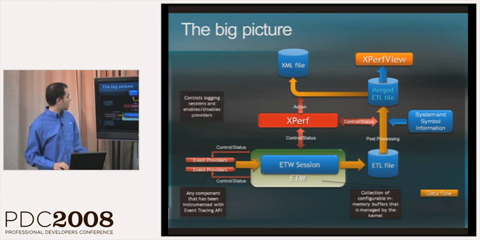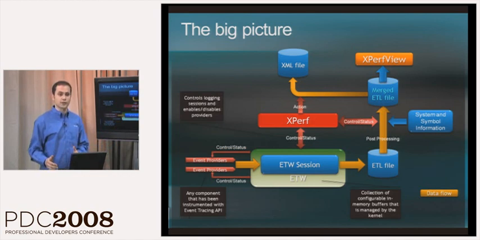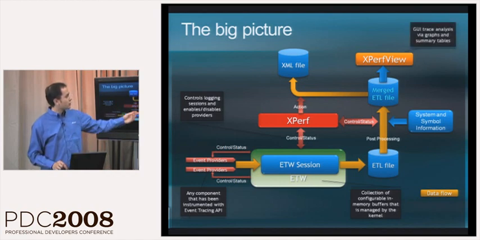XPER is then used to control the tracing, and what that means is that you tell Windows, enable tracing for specific providers and specific events. And you should be very careful about enabling just what you need, because otherwise you will spam the system with too much data. And that's captured into an ETL file. We then do post-processing to inject additional information so that that information could be then decoded on other machines and used by analysts. There's a second tool called XPER View,